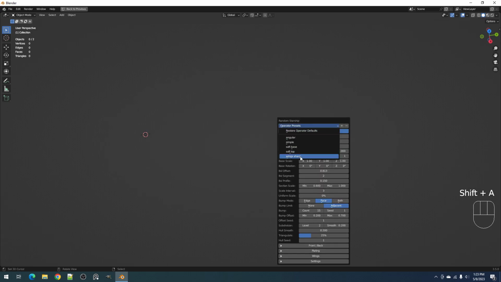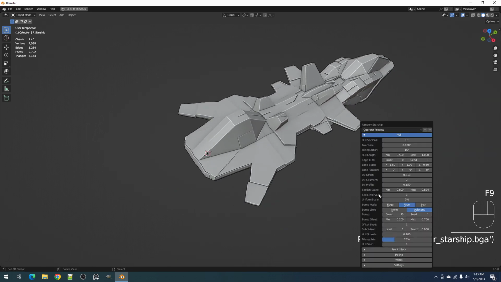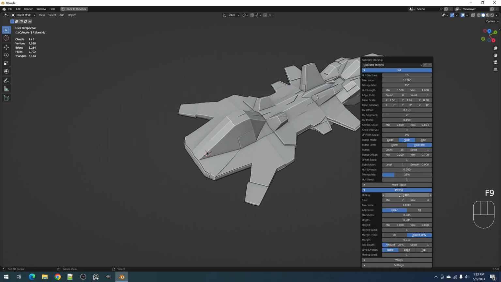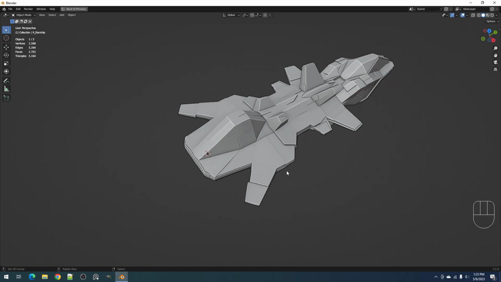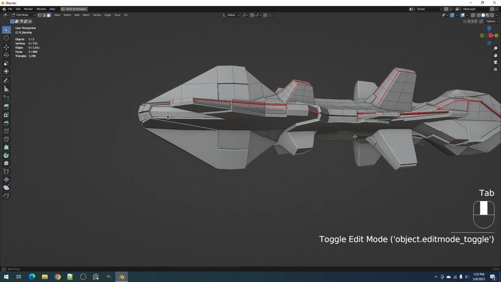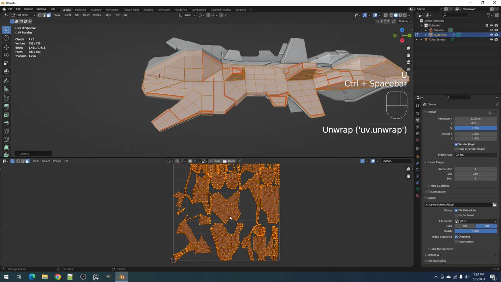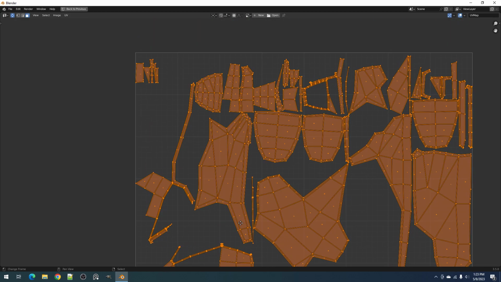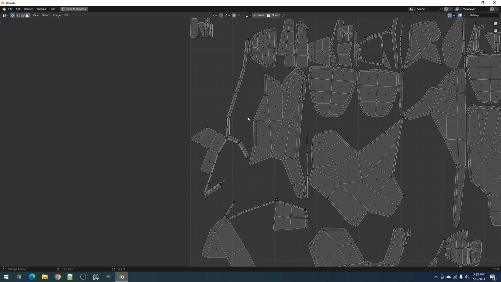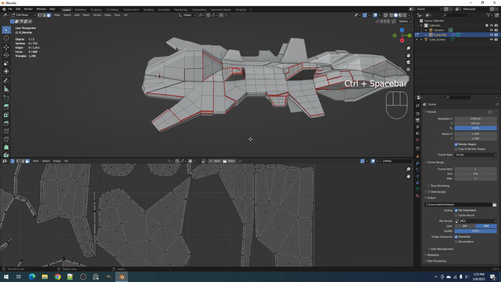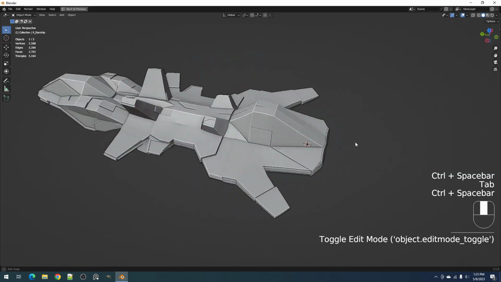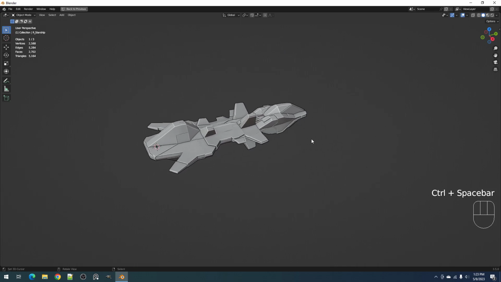And the auto UV feature only activates when you have a plating number here, any plating number here. So when you go to edit mode, just select everything and unwrap. So it's not gonna be perfect, but most of the work is done for you. And you just have to fix the other areas, like I showed you last time, using the selection methods I showed you. Okay,